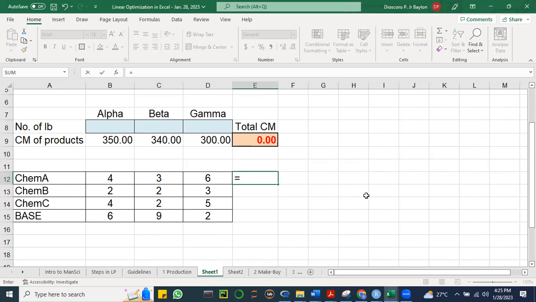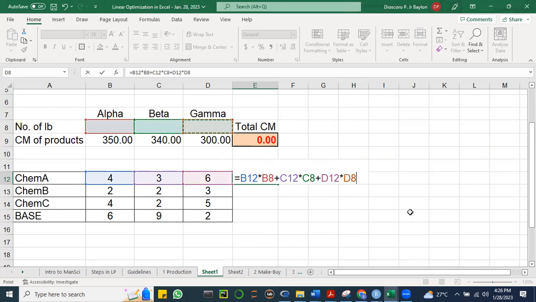It will be equal to... Okay. So in the interest of time, instead of using this 4 times alpha, plus 3 times beta, plus 6 times gamma,